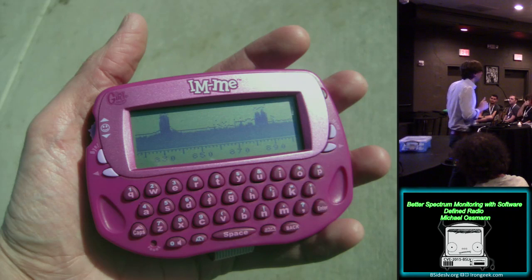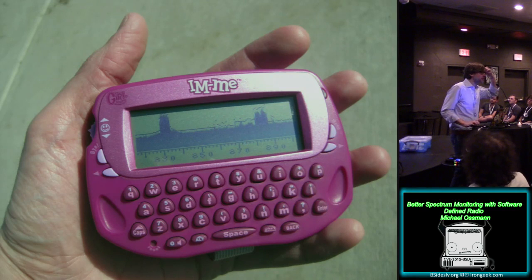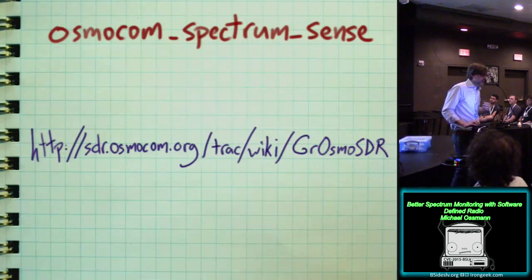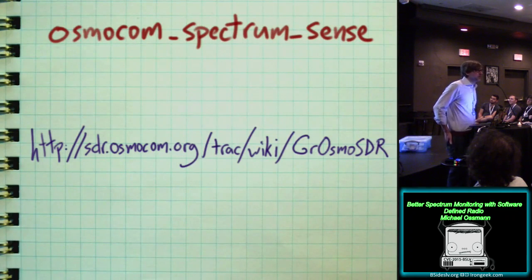It doesn't have a very wide operating frequency range. It's crude in some ways, but it does one thing very well, and that's tune quickly and move on to the next frequency. So we can do the same types of things, actually, with all kinds of radio systems that are either digital radio systems or digitally controlled radio systems. And the first thing I want to show you that is a tool that can do this sort of digital sweeping for